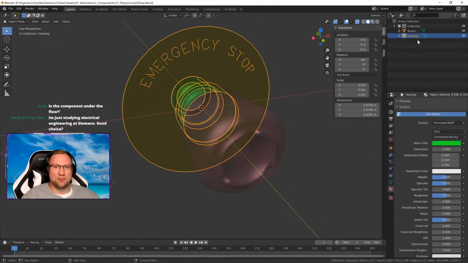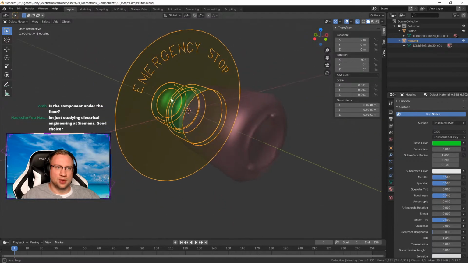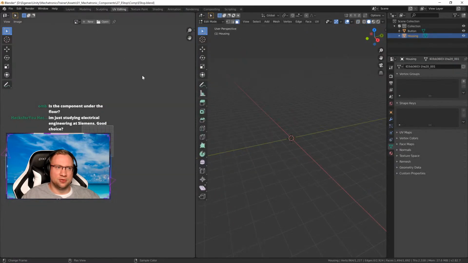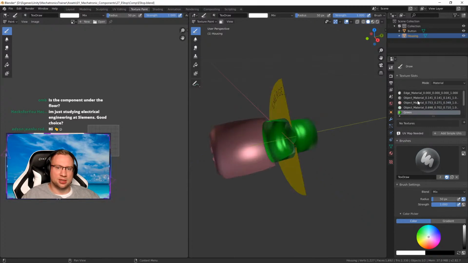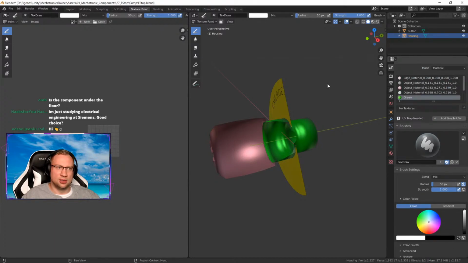Right now it is. So here we have different components in there. We've got the button, we've got the housing. I also made the same thing, right? I've got the UV. I don't have the UV, do I? No, they don't have UVs. It's got those materials embedded, and it's using those materials, but why does it not do that for the other